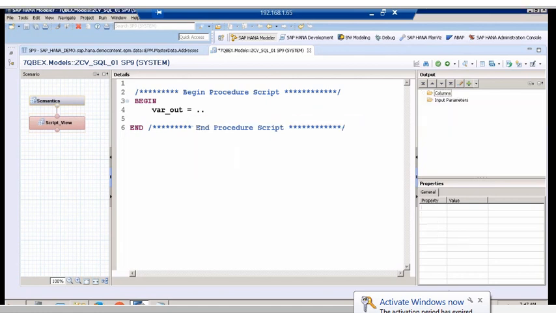What was our requirement? You wanted to read those four columns, address ID, city, region, and country, from this table and return them from this view. By default you'll have a temporary table called var underscore out. Now what should be the structure of this table? The four columns you wanted returned, right? So what I'll do is